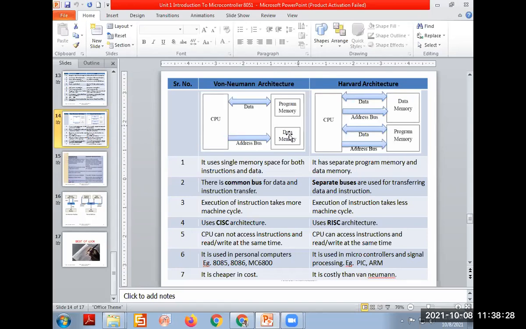Correct. So program memory is nothing but permanent memory, where we store the code we are writing. It may be ROM, PROM, EPROM, or EEPROM. All these categories are program memory, because ROM is classified like this. ROM means read-only memory: you can only read the data from it, and we cannot write further into it. That is called program memory.